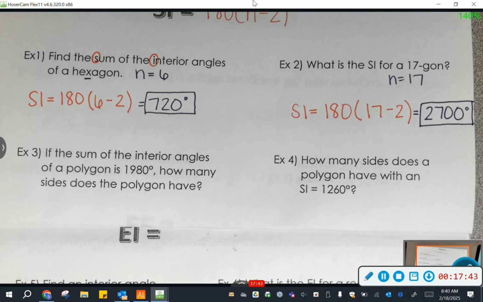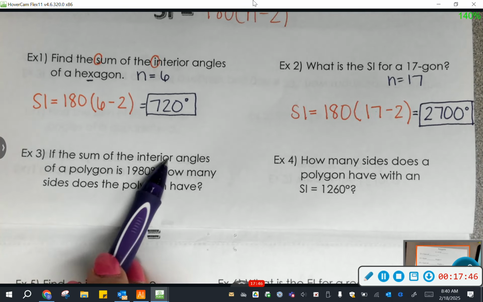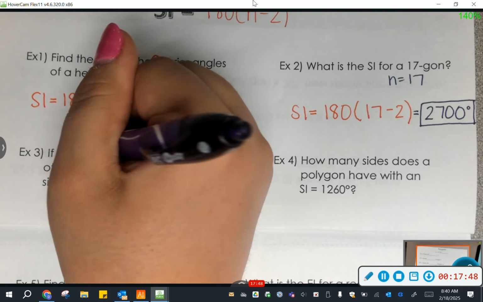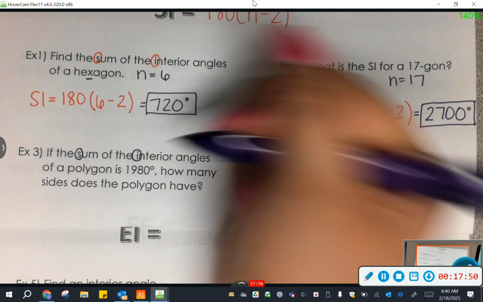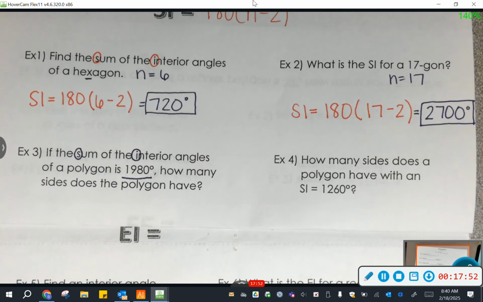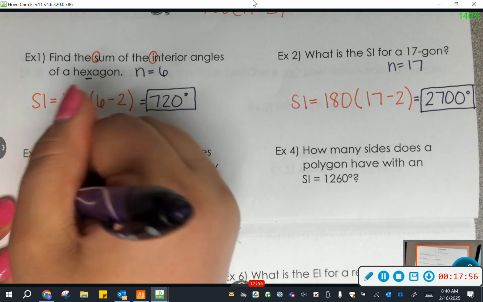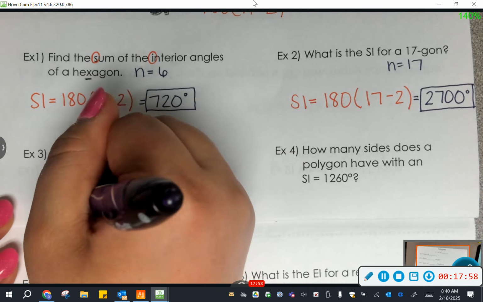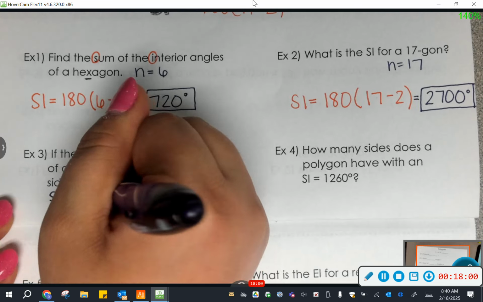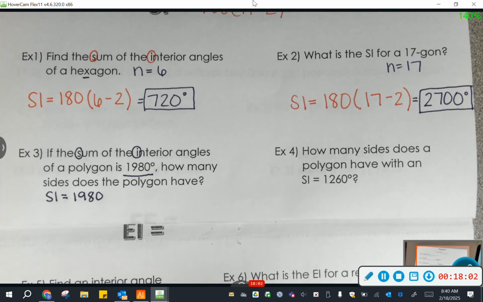Oh, I don't like shapes. If the sum of an interior angle, this time it gives you SI, it tells you the SI is what? So this time it tells you the SI is 1980. How do I find the number of sides? You're going to subtract. Okay, before we do that,